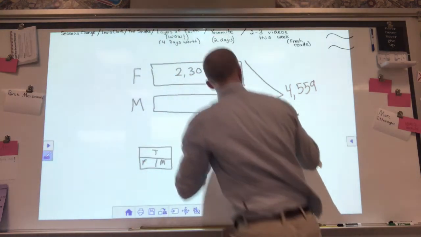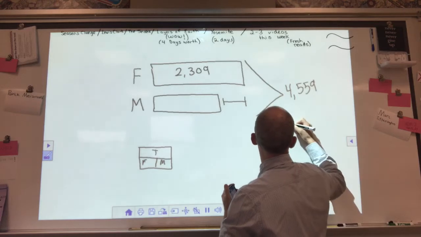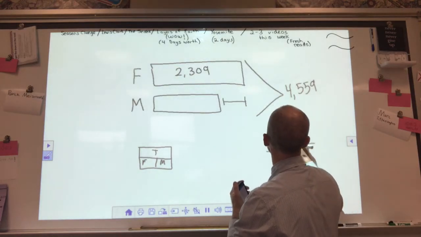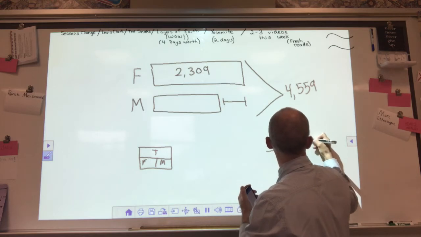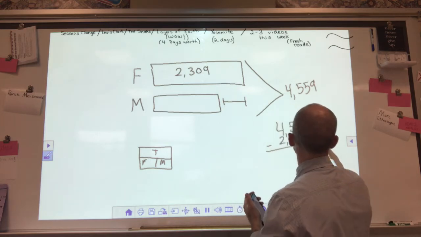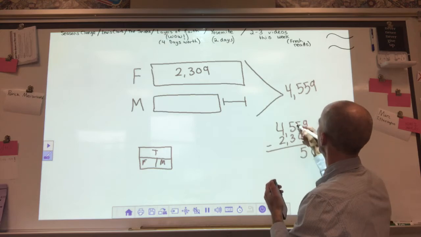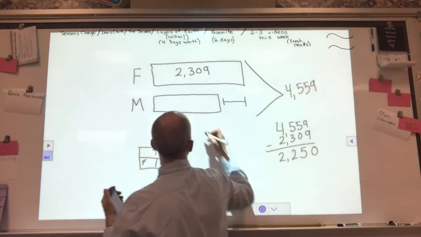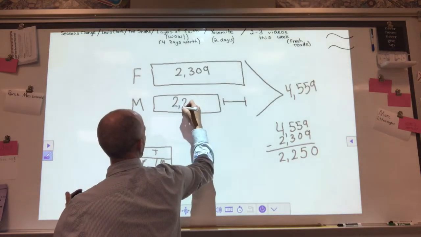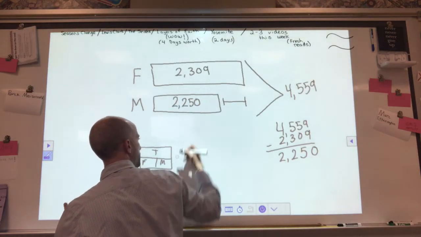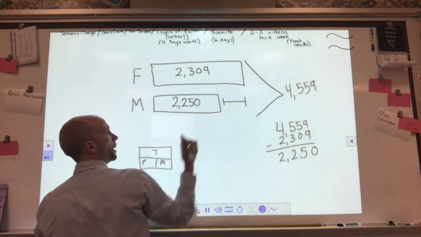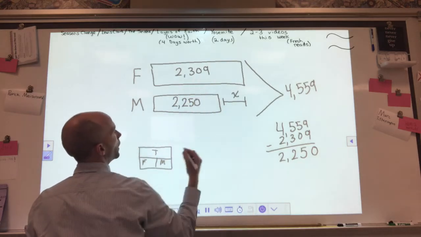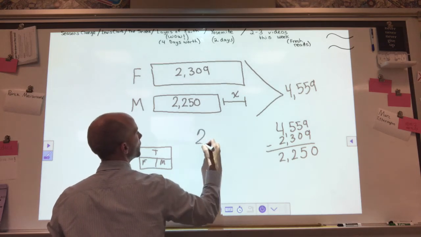Okay, so we're going to take 4,559 and we're going to subtract 2,309. 9 minus 9 is 0, 5 minus 0 is 5, 5 minus 3 is 2. So the male cow weighs 2,250 kilograms. So now I need to find my unknown, which is how many more kilograms does the female cow